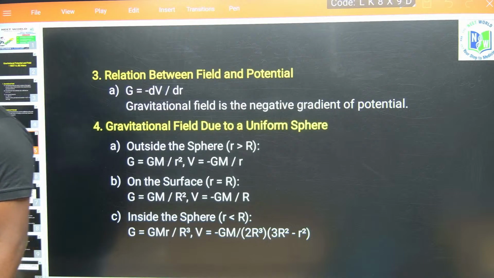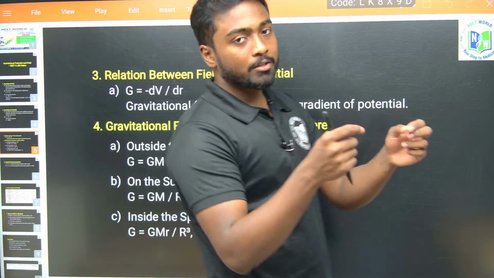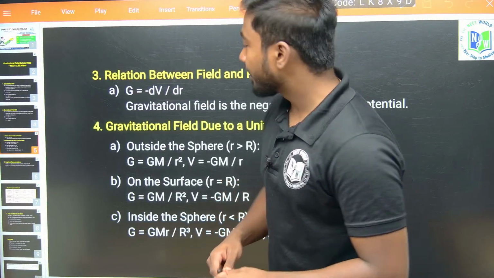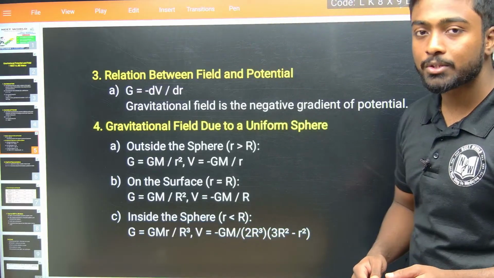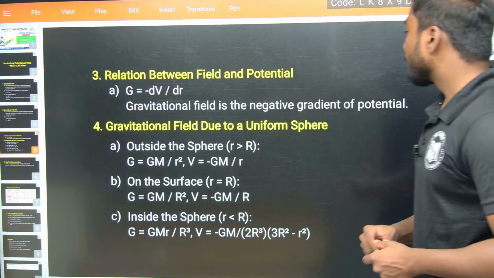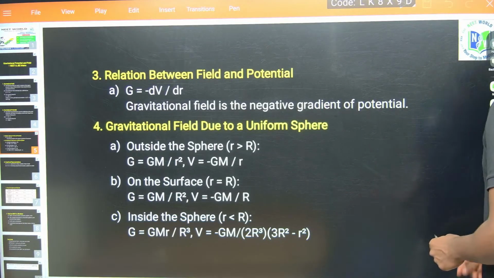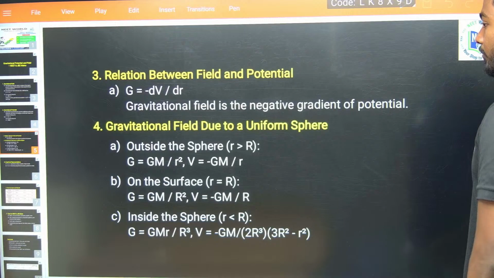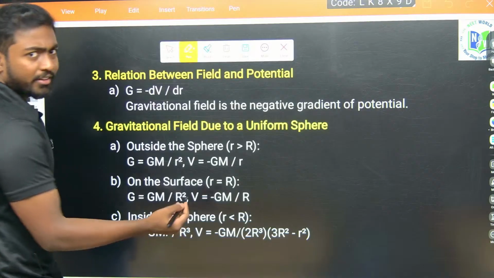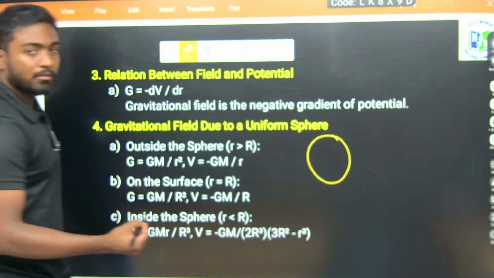Yeah, obviously electrostatic. When we bring charges close to each other, the formula is F equals K Q1 Q2 by R square, right. The same way, force is equals to G M by R square. So, gravitational field due to a uniform sphere. Outside the sphere, let me take a pen. Outside the sphere, if I consider this is the sphere,